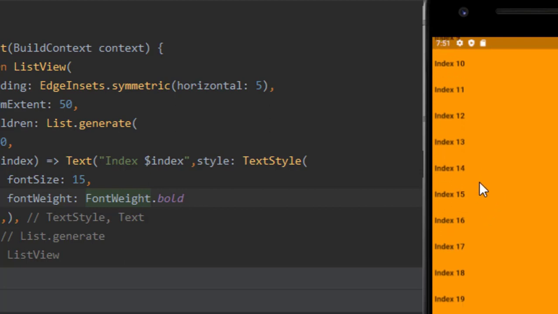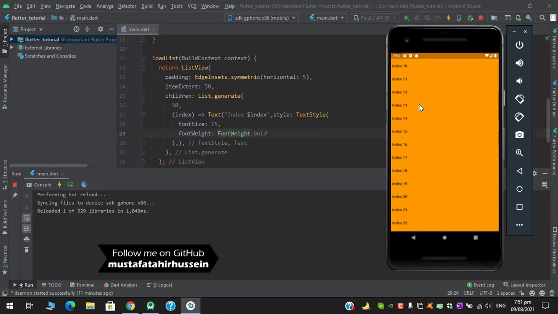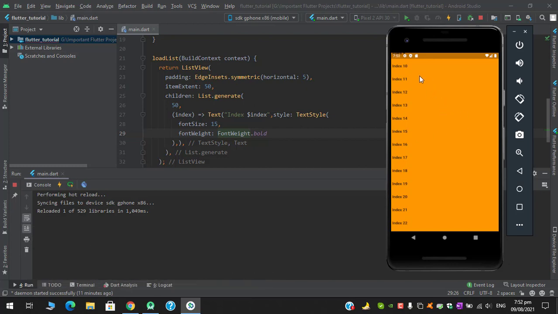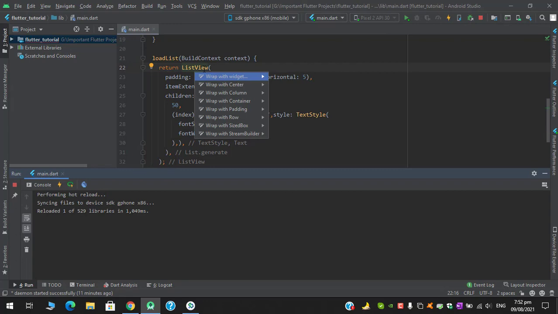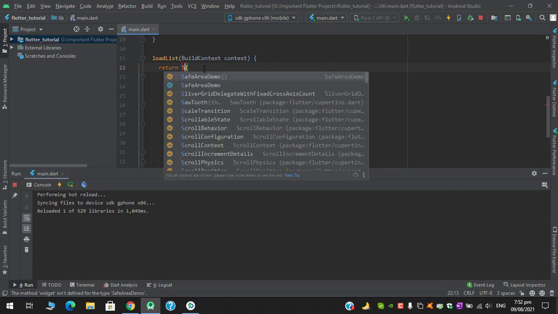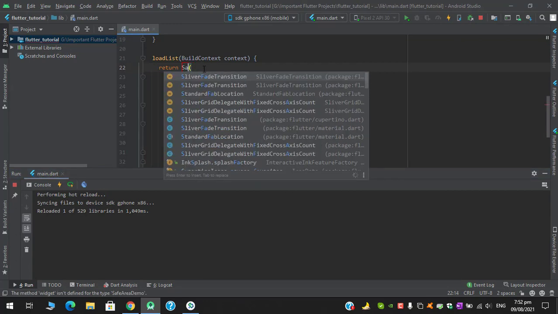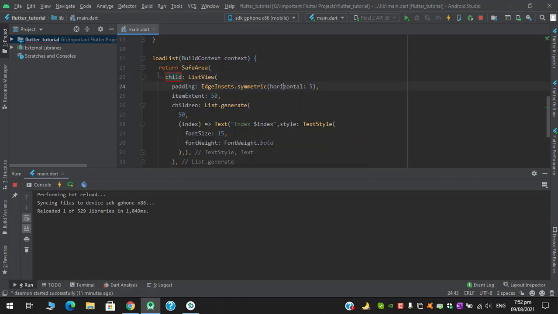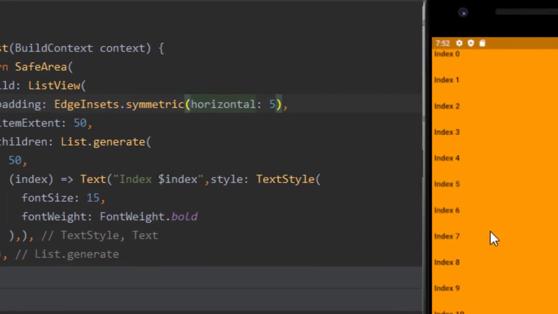So here comes the role of the SafeArea widget, which basically applies padding from all four sides, top, bottom, left and right respectively, and it will just apply the padding to the four sides and you can see the result then. So if I wrap this list view with SafeArea, just hot reload, and you can see that